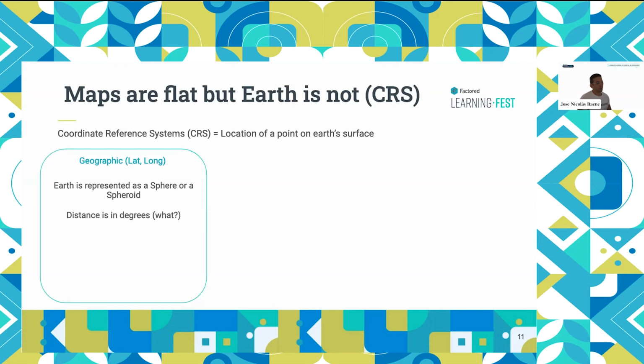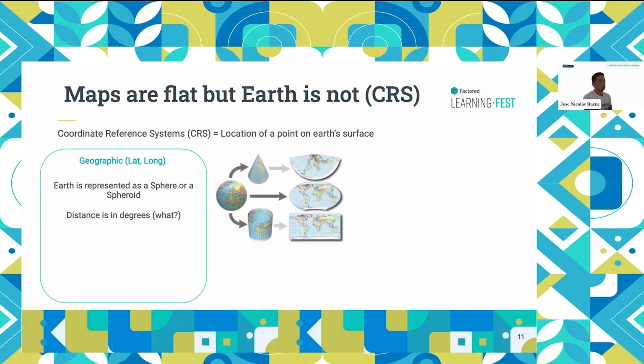And you have to bear in mind that when you have a geographic reference system and you try to measure a distance, it will not be in meters or feet or any linear unit of measure, but rather in degrees. So sometimes when you're working with this, you will bump into issues trying to find out what distance it is. When you try to make this flat, you have to do transformations. And for that, you have to make assumptions that will condition the implementation of your map or your analysis.